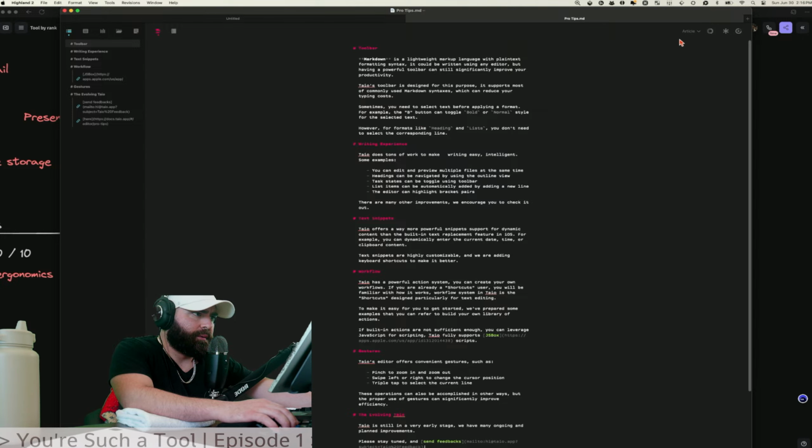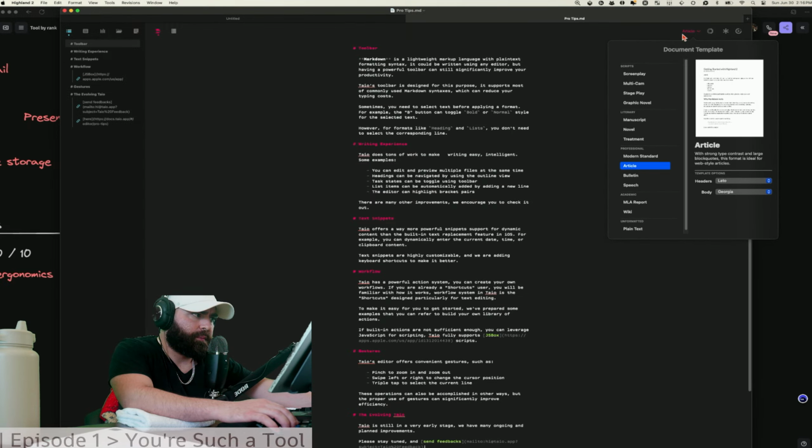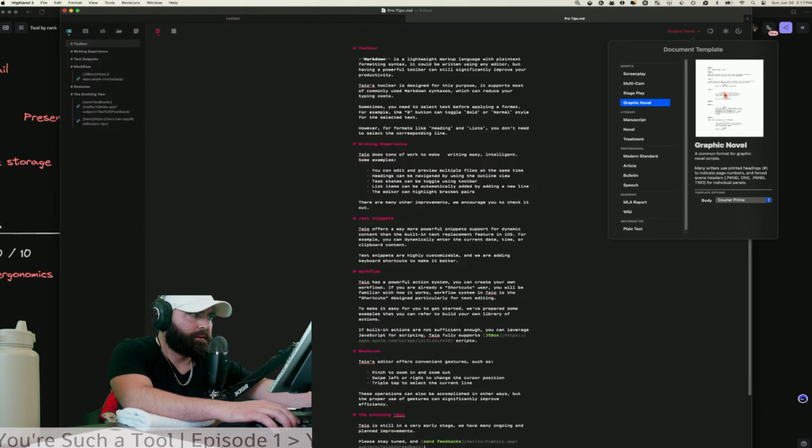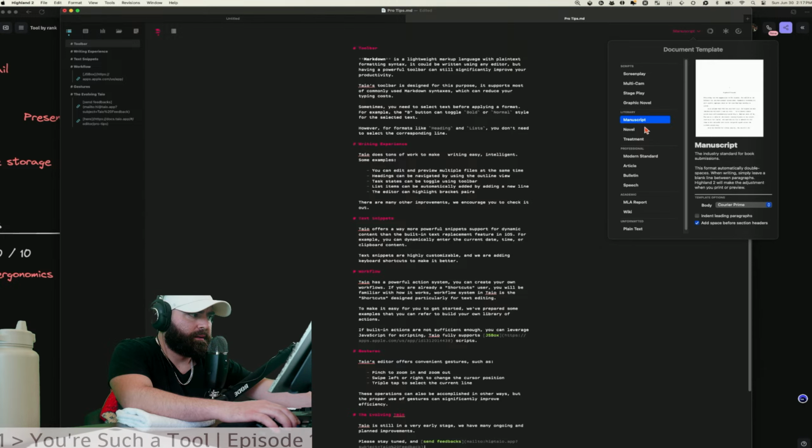So, for one, if you go up to article here, all of these different layouts you can change on the fly and just see your same document in a different layout.